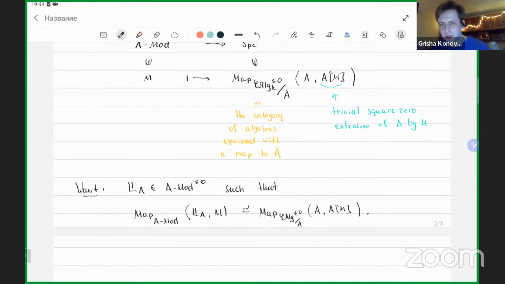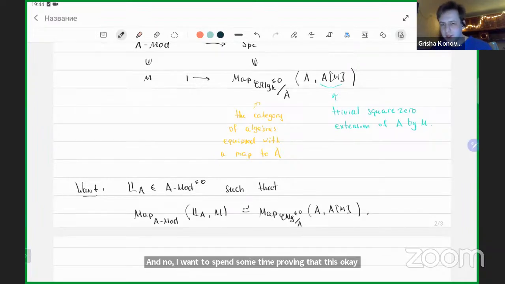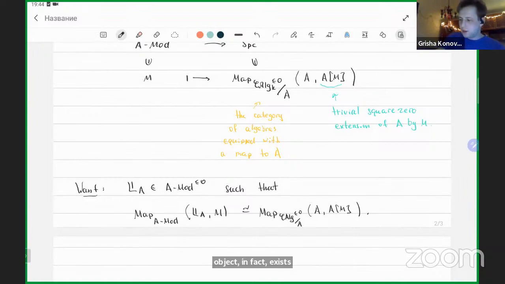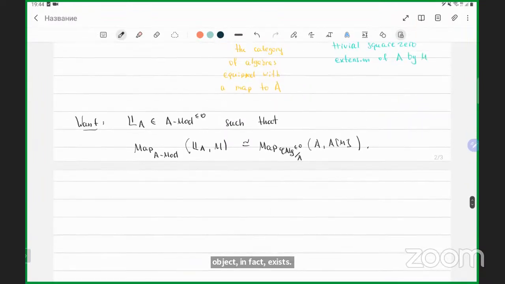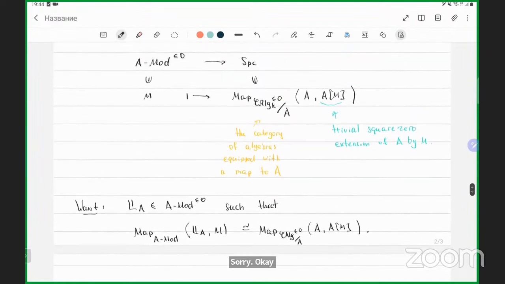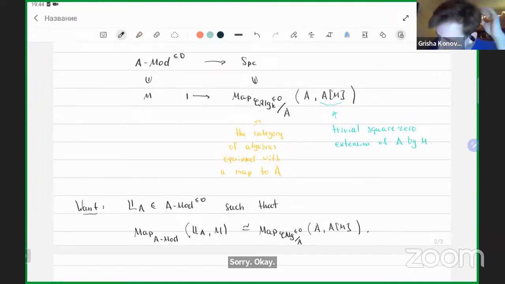And now I want to spend some time proving that this object, in fact, exists. Sorry, could you give an example of AM? Sure. For example,